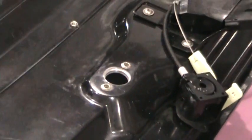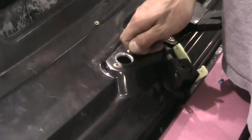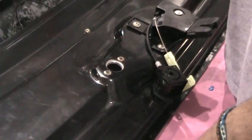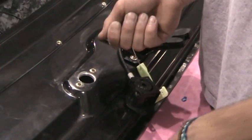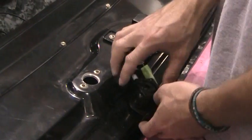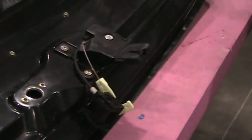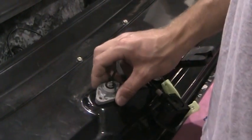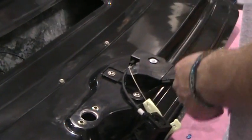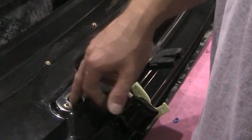And then you're going to take your inch unibit, and you're going to go all the way right before an inch, usually 7/8 or so. Usually if you have to go through all the way to an inch, that's fine too. What you're trying to get at is your trunk lock cylinder needs to fit in there. Once you have this first layer drilled out to an inch, you might grab your file